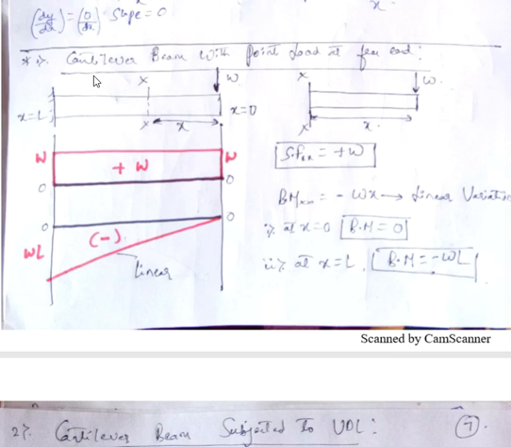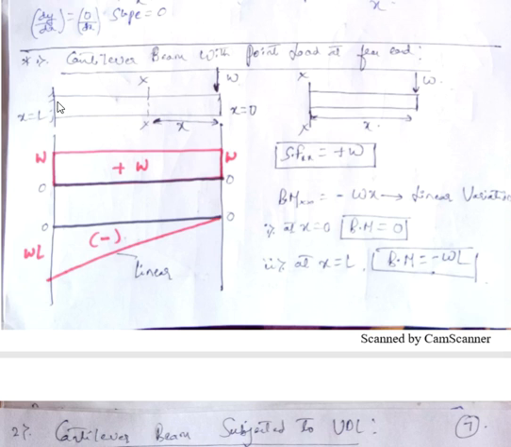Okay, the first standard case is cantilever beam with point load at free end. See, this is the cantilever beam. It is fixed at one end and then it is free at other end. It is subjected to load W at its free end. We all know that the shear force or bending moment diagram is going to vary from one cross section to other along its length.